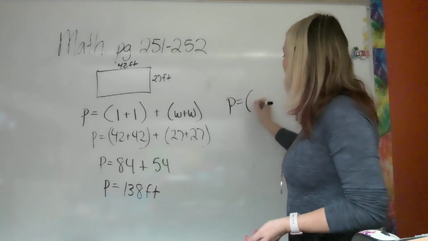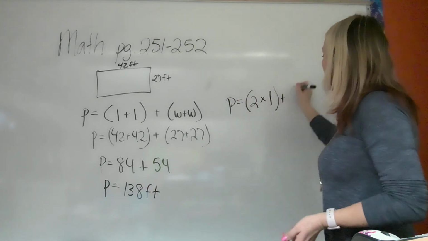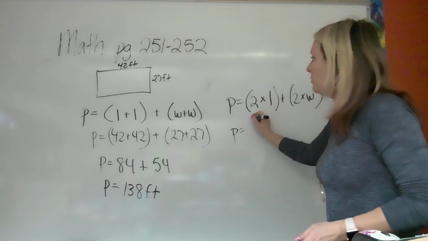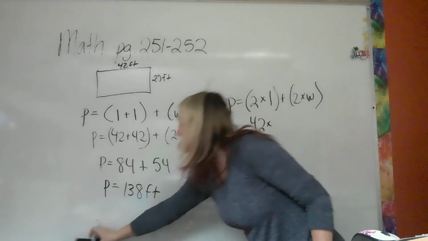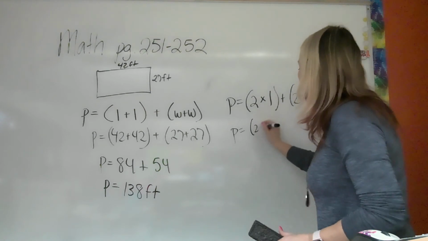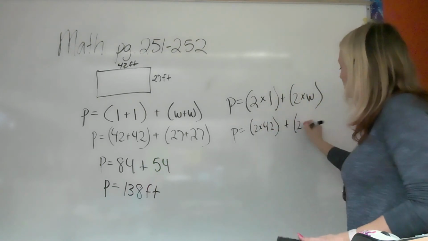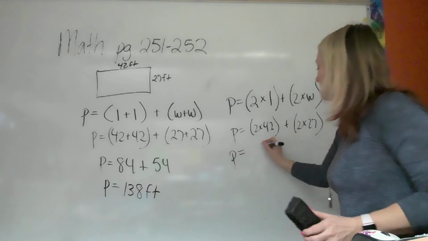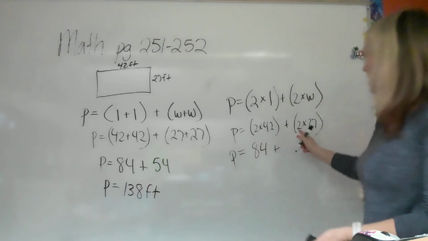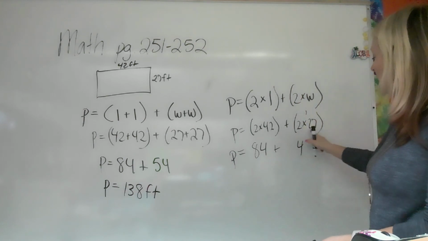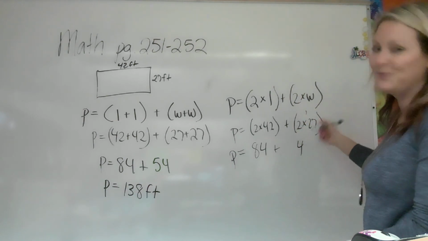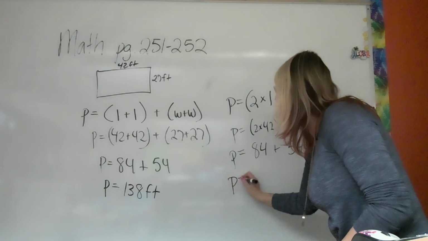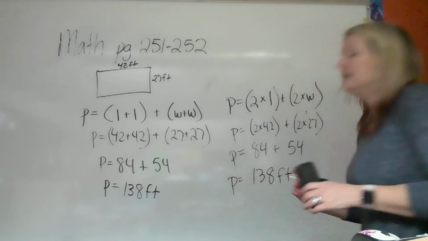I can do P equals 2 times L plus 2 times W, okay? So if I did it this way, I could do P equals 2 times 42 plus 2 times 27, okay? So 2 times 42, P equals 2 times 2 is 4, and 2 times 4 is 8, 84. I have 2 times 7 is 14, carry my 1, and 2 times 2 is 4, plus 1 is 5. I now have 84 plus 54, and when I add those together, I get 138 feet